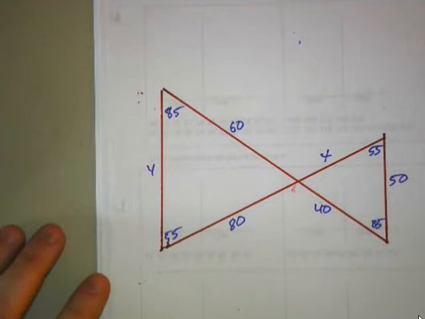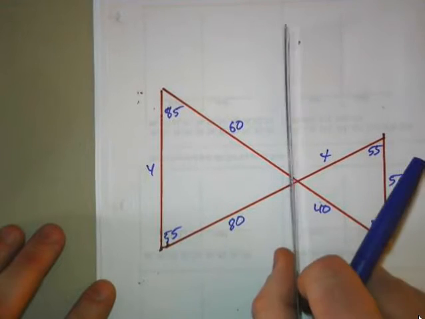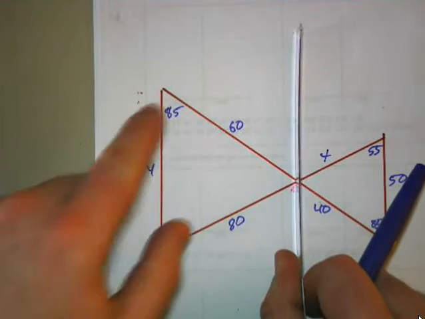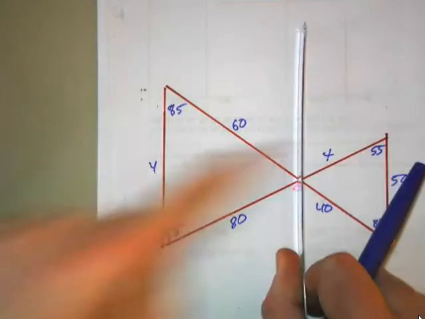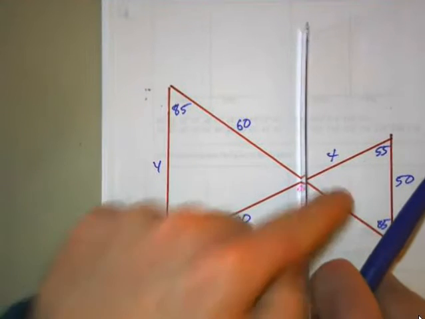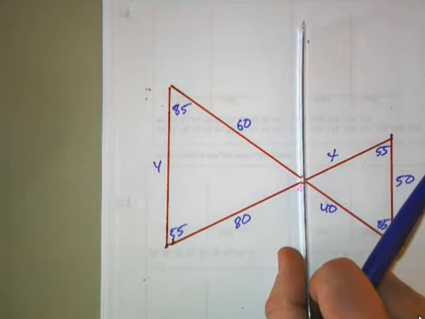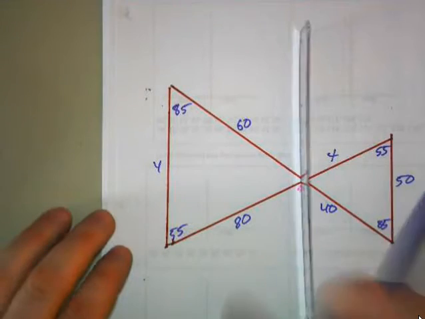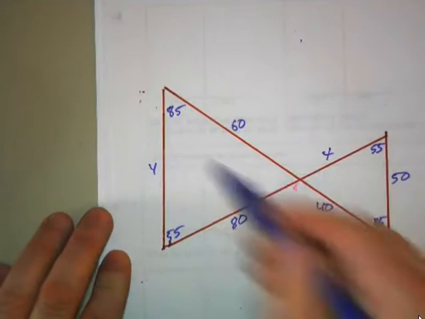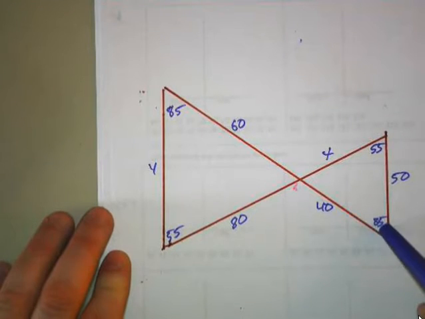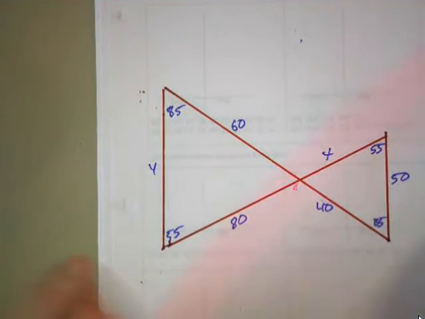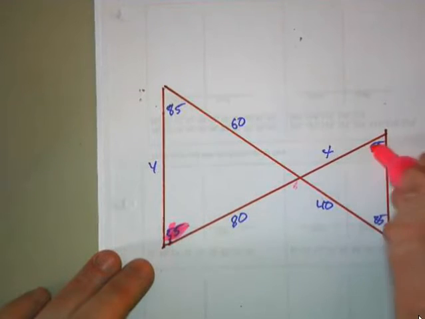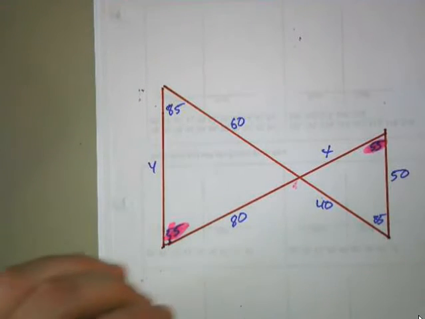So let's see. If we were to hold up a mirror in between 85, 55, 55, 85, this is not flipped. This is twisted. It has been turned. The 85 is over here, and the 55 is over here. And this corresponds to this, and